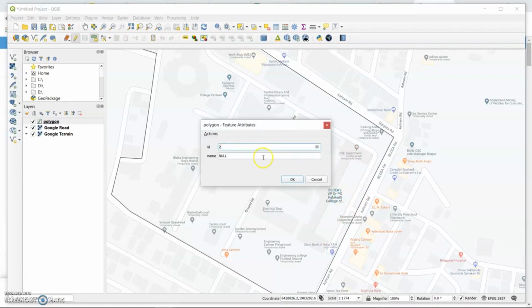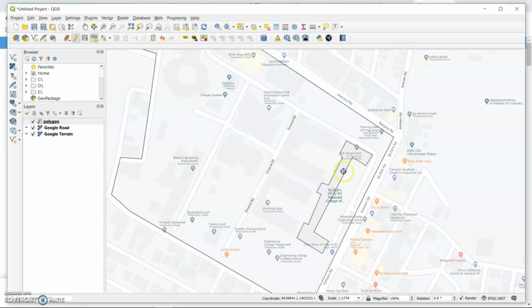I gave this as second ID, and I'll call this as front building block. Click OK. See, another block is created. Now similarly, we can draw the blocks for this and this also. Now let me draw for this block.